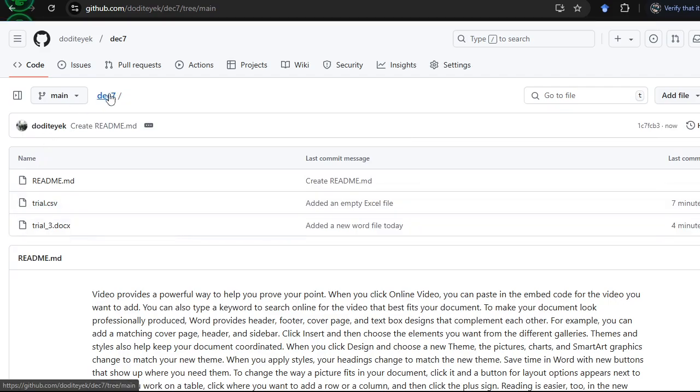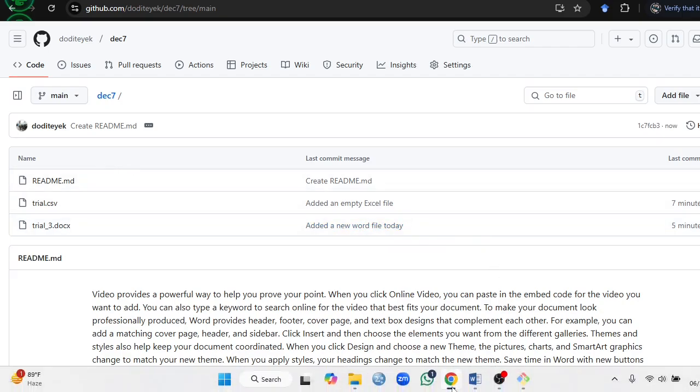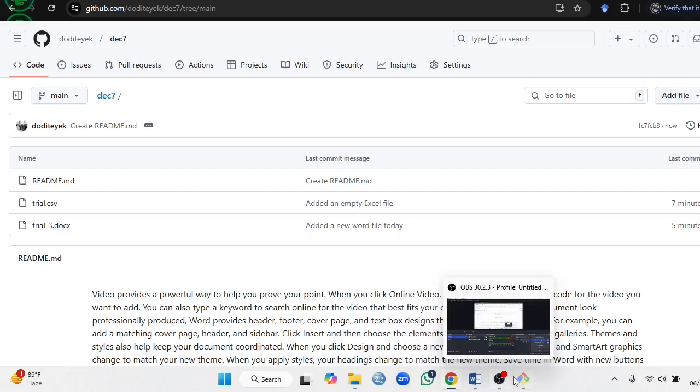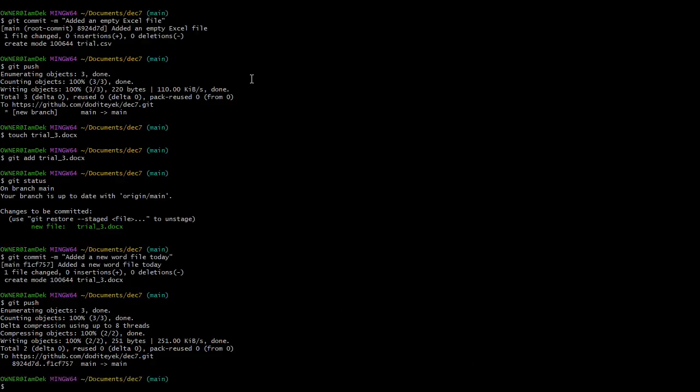After I have cloned this, I created these two and then I used the git bash to push them into the GitHub account. Okay, this directory is updated, but the content might not reflect what I have on my desktop or what I have on my local PC. I'll come to my git bash, then type git